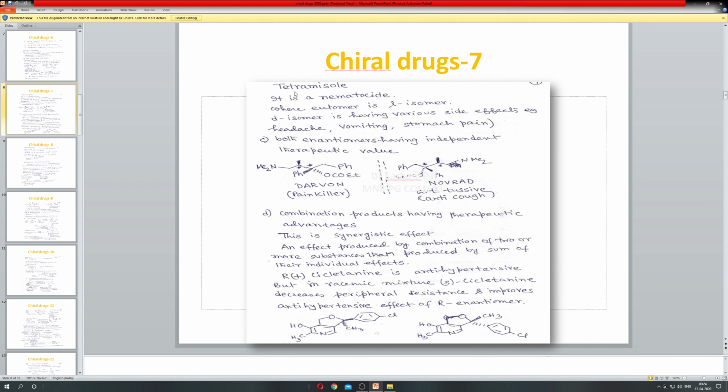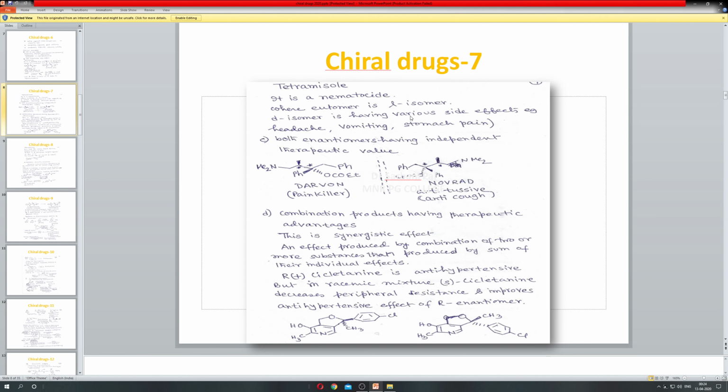Now this is yet another example where one enantiomer is definitely the eutomer, but the distomer is having a toxic effect. That is tetramisole. Tetramisole is a nematocide. Nematocide means it kills nematodes, a type of microorganism, where the eutomer is the L enantiomer, and the D enantiomer has various side effects like headache, vomiting, stomachache,